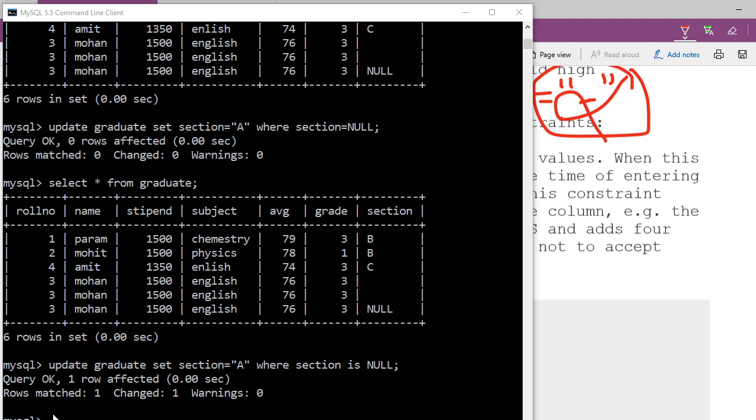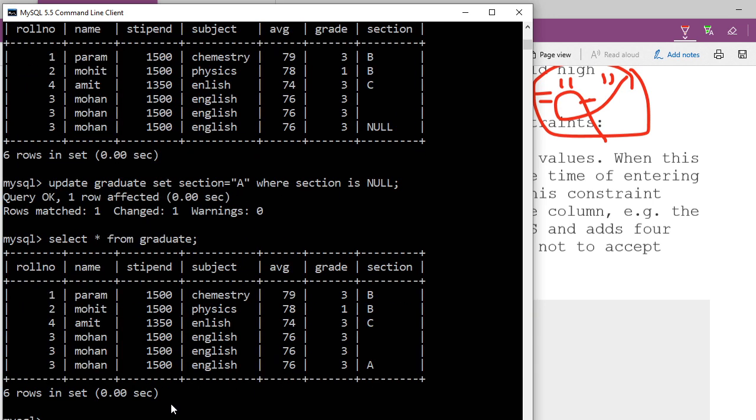I'm going to write a select statement. Just check whether your table has changed where null was. Now instead of null, A is there. I hope till this much we have understood whatever we have done here. All of this is understood by you.